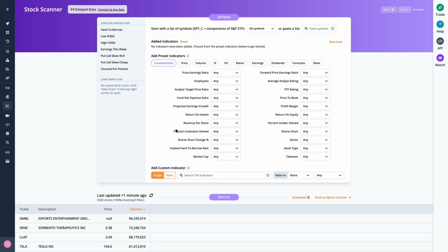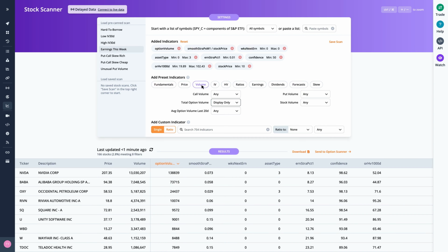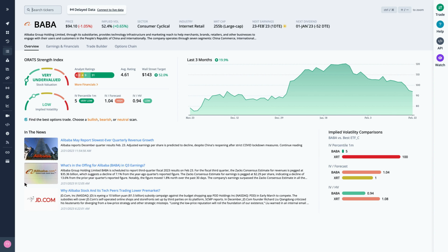Welcome to the ORATS Earnings Report, where we scan for companies with upcoming earnings announcements, check out historical earnings information, and find a potential options trade. Let's start by running a scan on stocks reporting earnings this week, which includes the total option volume indicator, sorted from greatest to least. Focusing on Alibaba Group Holding, as we click through,